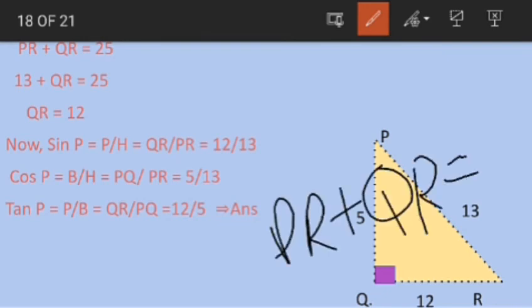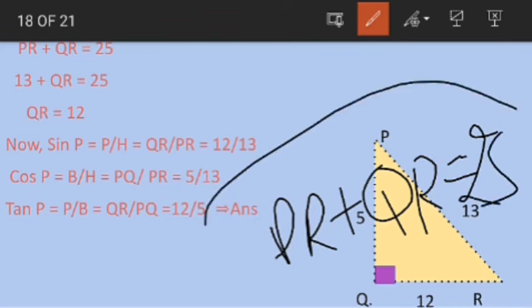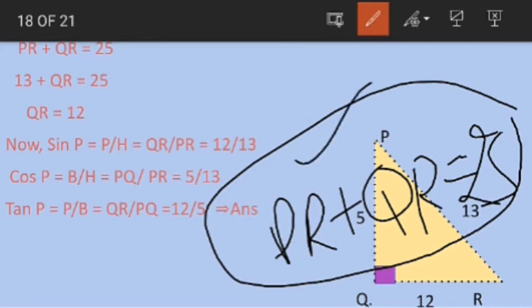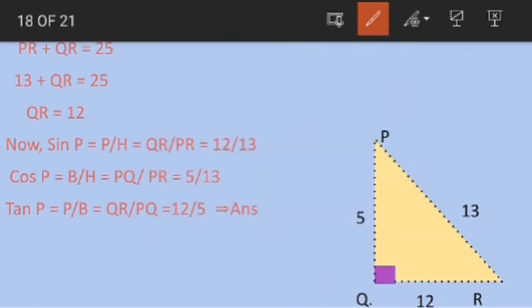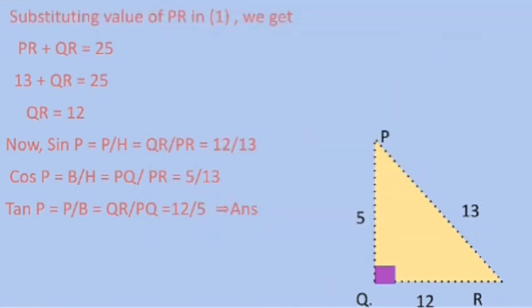Okay class, PR plus QR is 25. The main question here was to calculate the value of PR and QR from this equation. Now I hope you understand how to calculate using this type of format. In this type of format, always remember that you are going to calculate the value of any one side only at one time, and you will use that value to calculate the other side at the end of the equation. When you solve the first value, at the end you can solve the second one.